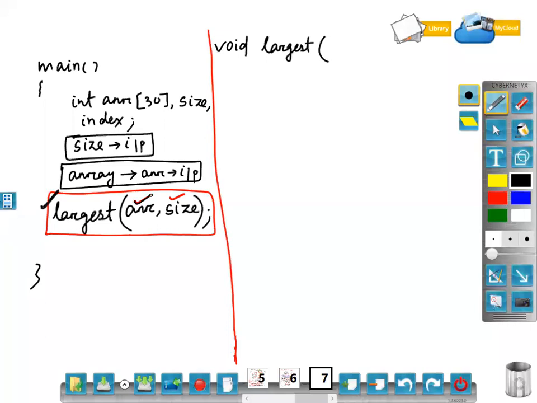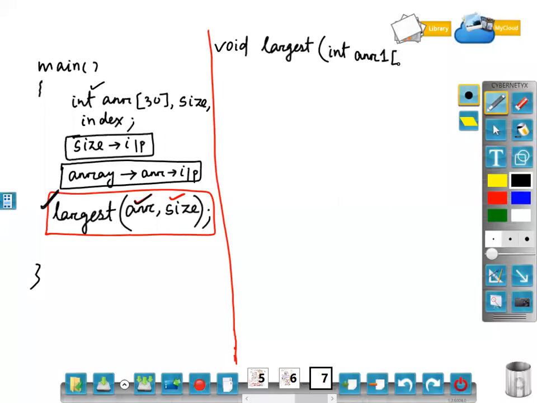Array. Now, till yesterday, we have understood call by value, call by address. There, you are passing a single variable and catching it with another single variable. You are passing a single address and catching it with another address. But here, you are not passing a single value, you are passing an array. So whenever you pass an array, you have to catch it with another array, on the basis of the type of the array. What is the type? Integer. So I have to catch with int another array. I can give the same name, or I can give a different name. Suppose I am giving a different name.